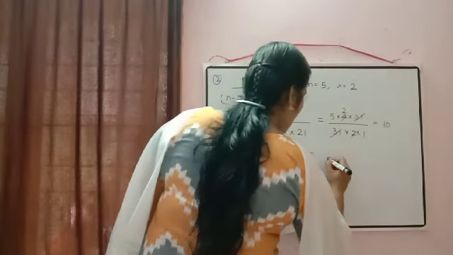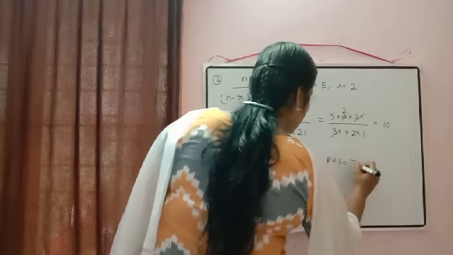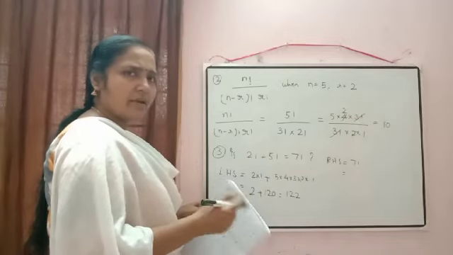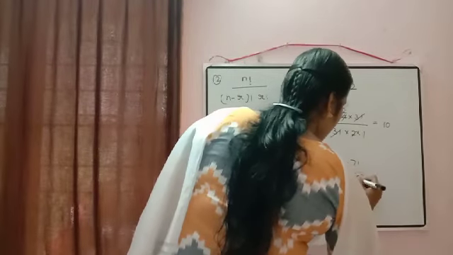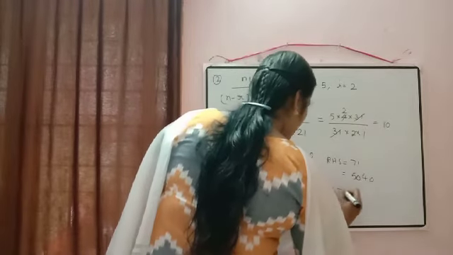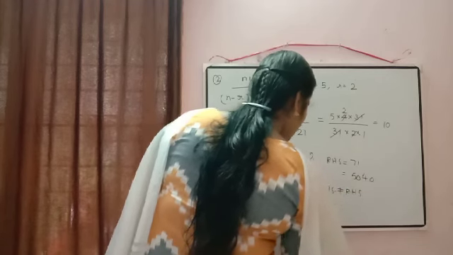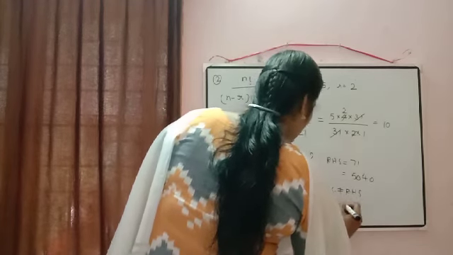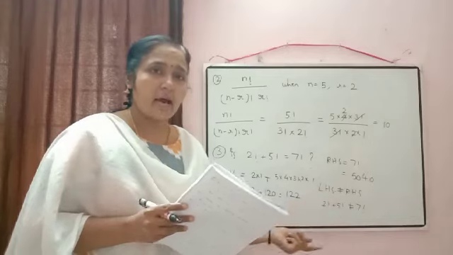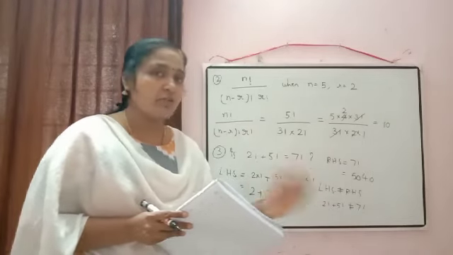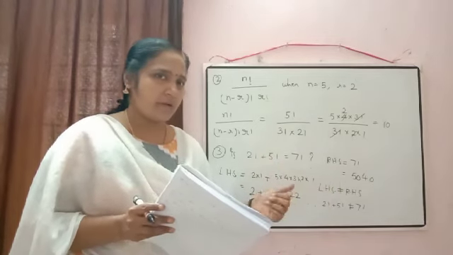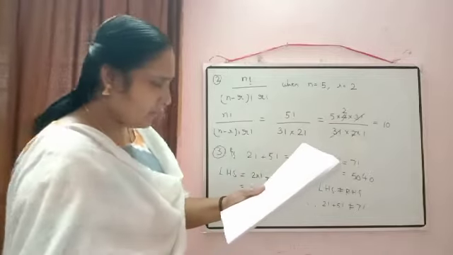Now we'll check the value of the right hand side, 7 factorial. Just now in the second question we calculated the value of 7 factorial. Yes, that is equal to 5040. So are both equal? No. So write down left hand side not equal to right hand side. Therefore 2 factorial plus 5 factorial is not equal to 7 factorial. Don't write that they are equal. In the same way, their multiplication is also not equal: 2 factorial into 5 factorial is not equal to 10 factorial. Clear? Okay. Now next question.